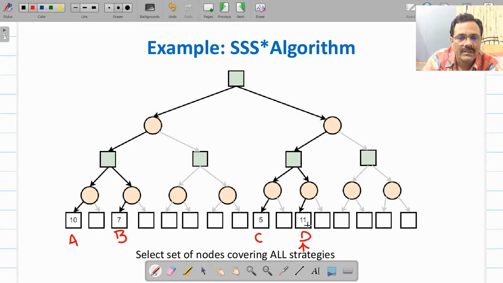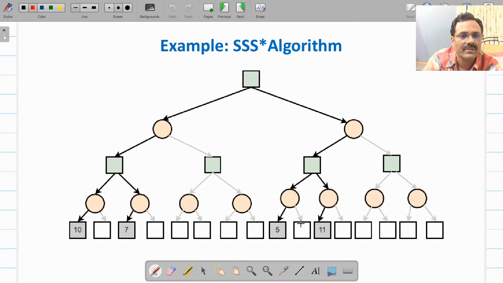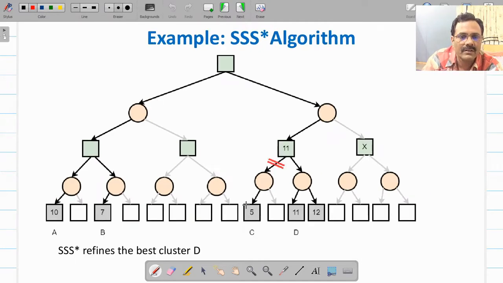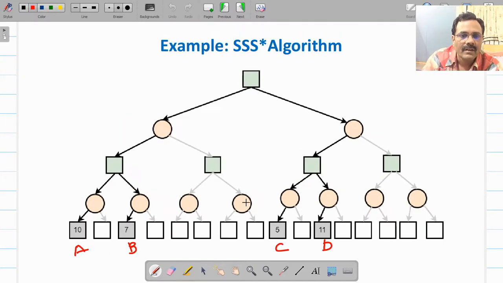node D, which is representing a cluster of 2 strategies, and we will refine it further now. So this D, this is C, this is B, and this is A. So before that we will see how it will go up. Now this node is a minimum node. We have started from this D. It's a minimum node, and